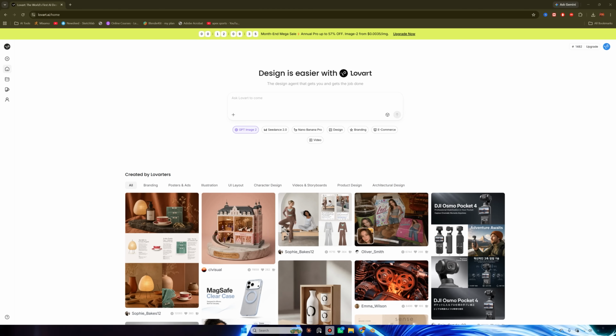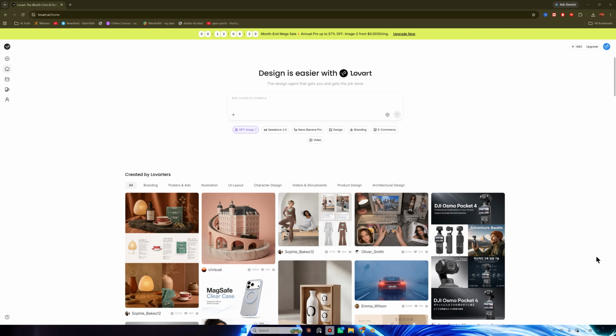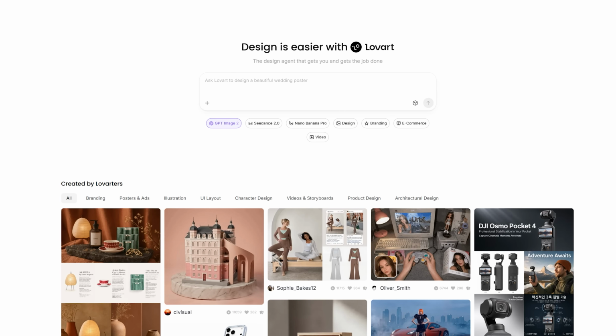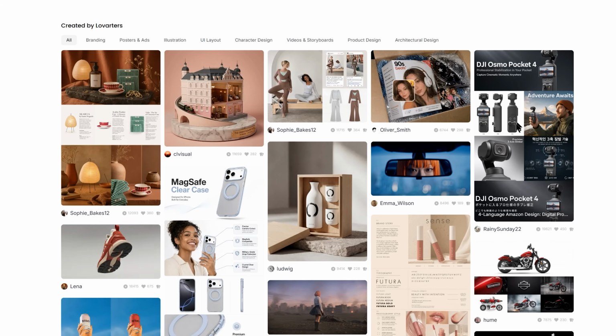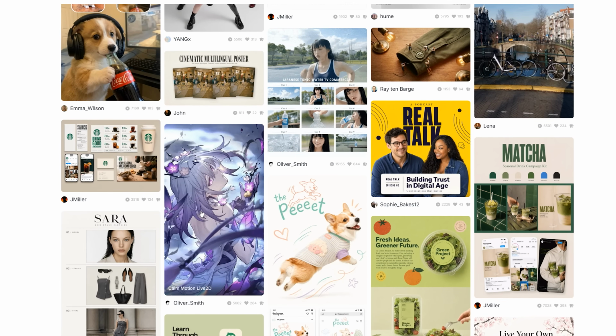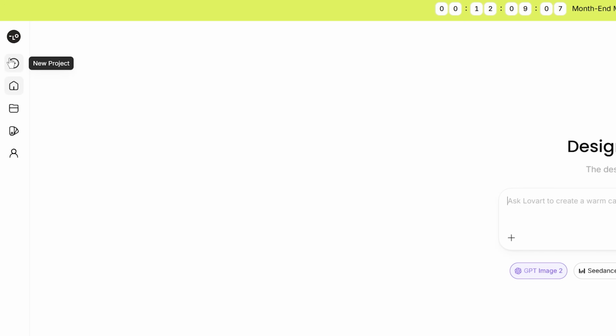So let's move towards the first step, which is understanding the interface. This is our main interface of Lovart, very easy to understand. Here we have some references which you can be inspired with different ideas and different styles. Here are different models. Here's the main search bar from where you can generate art. Over here we can start the new project, and this is our home page. Here we can do different projects, and here's the brand kit which we will learn in this video. This is the key feature of Lovart, and over here you can access your profile settings. So I think enough talking, let's get started.